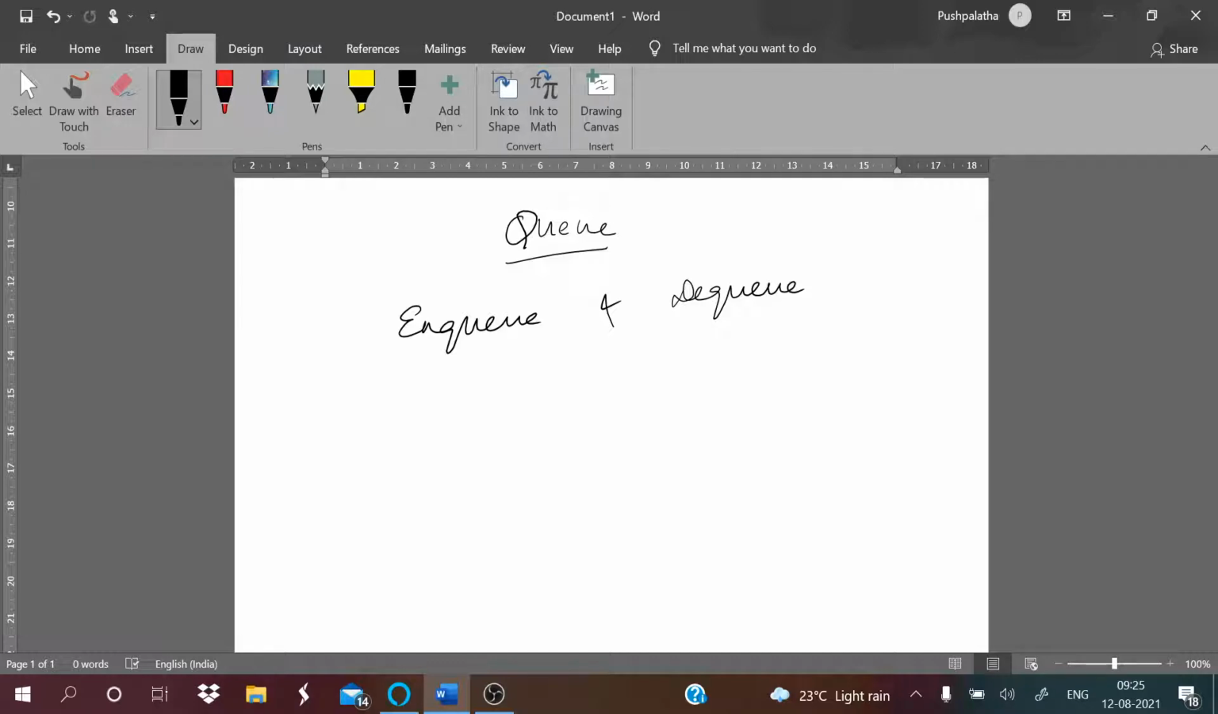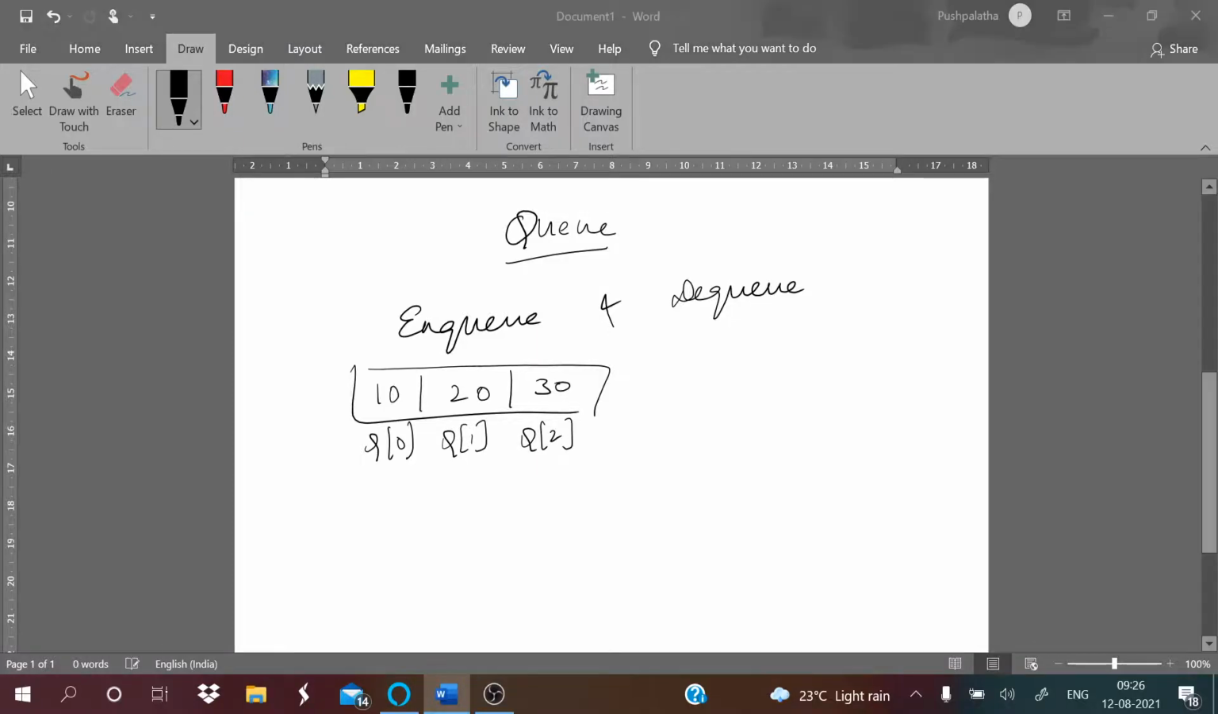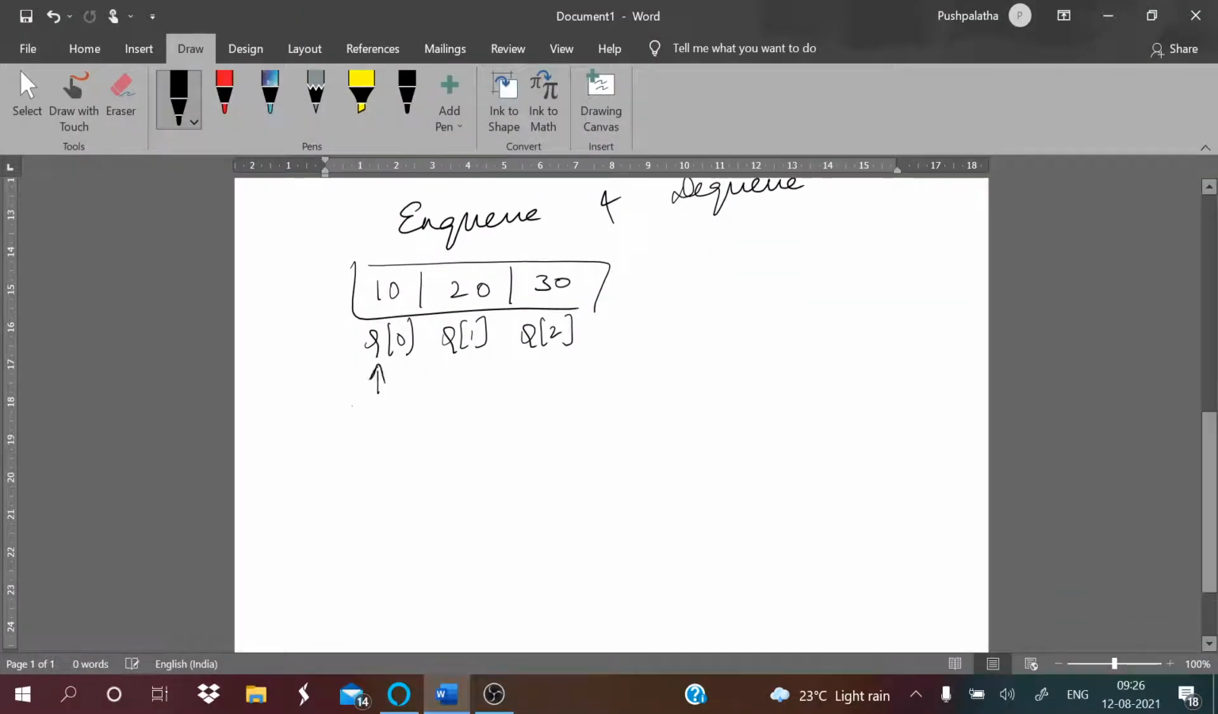So what do you mean by dequeue? As we already said, it is to delete the elements. So how do you delete the elements? Yesterday we had inserted 3 elements 10, 20 and 30, right, using the enqueue operation. Q of 0, Q of 1 and Q of 2. So this contains 3 elements now. So this is your front and this is your rear, right? Now when we are saying delete the elements, as we said, deletion always takes place from the front